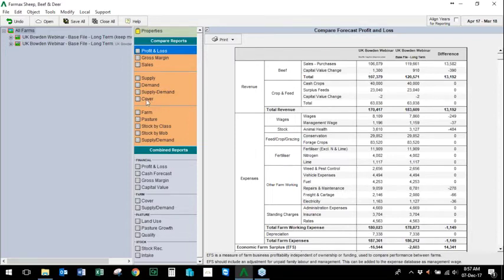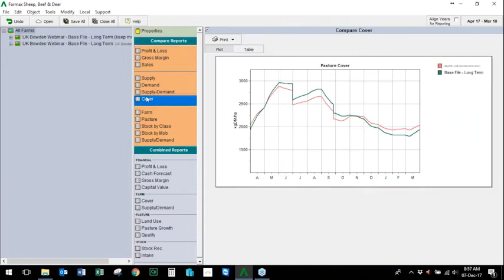Obviously it's not only financials that's important. We could say that we've got raising 1,000 steers and fattening them right up, but it has to actually be physically feasible as well. So compare reports like the cover report are also quite important to check, and we can see here that the covers are staying relatively similar,